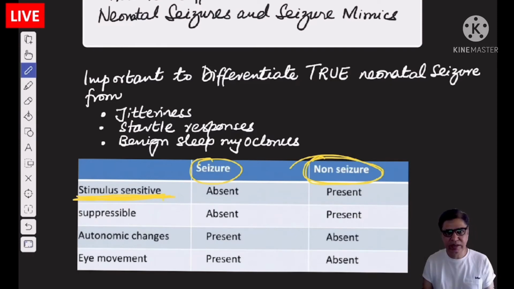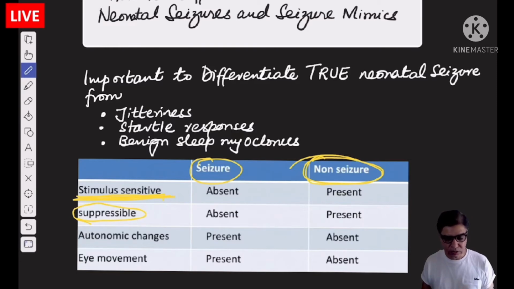So if the legs are gently stretched or the child is stroked and it leads to jitteriness, then it's most probably not a seizure. Similarly, as far as suppressibility is concerned, whether the seizure can be suppressed by holding that particular limb, again, whether it responds to that or not, this is a differentiating factor between seizure and